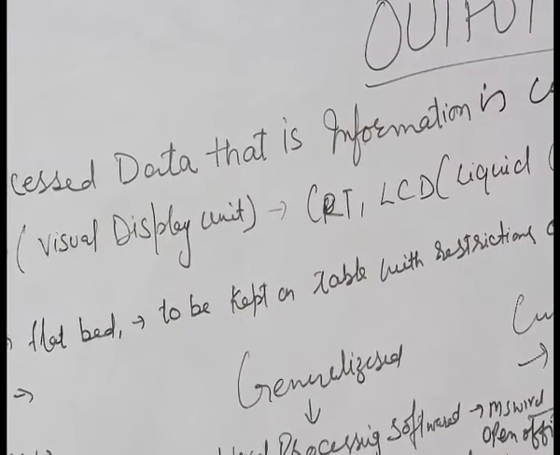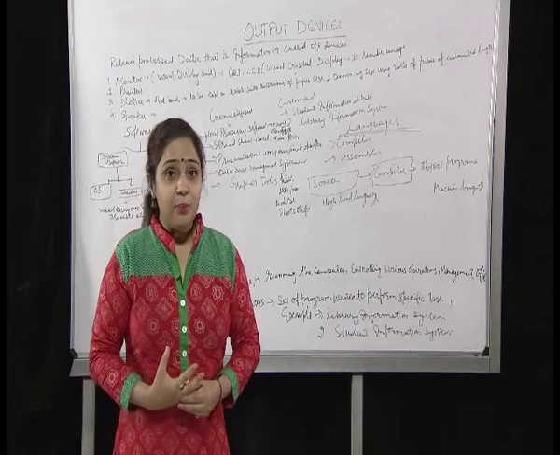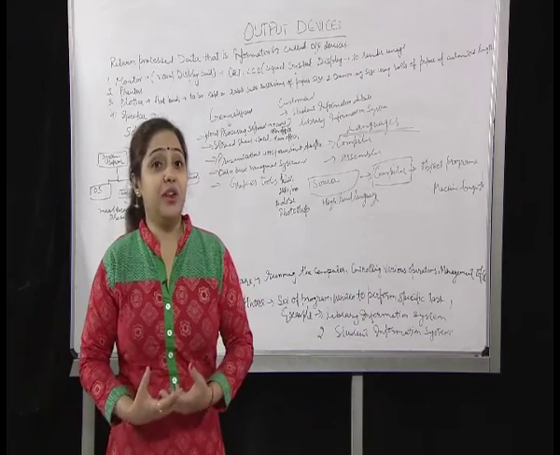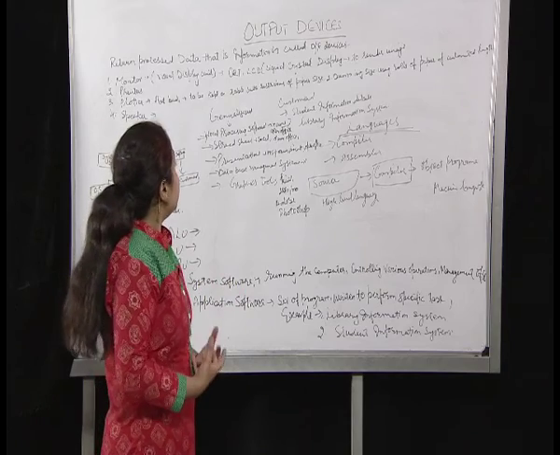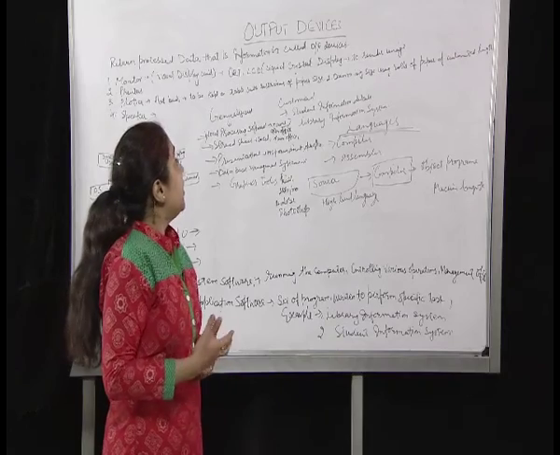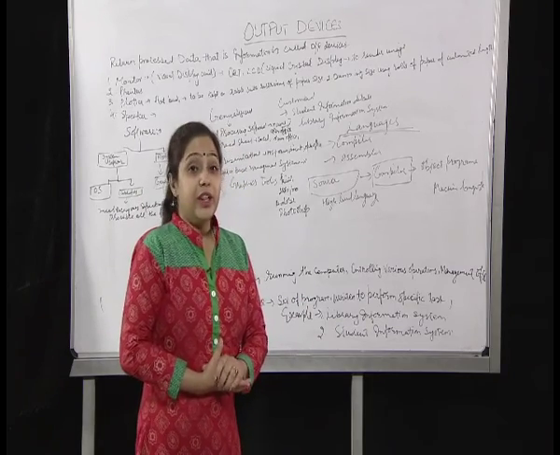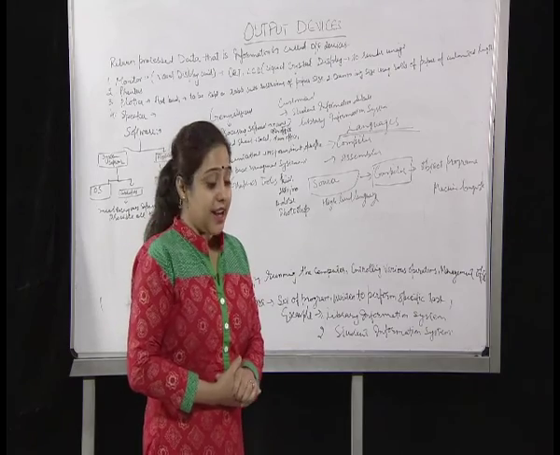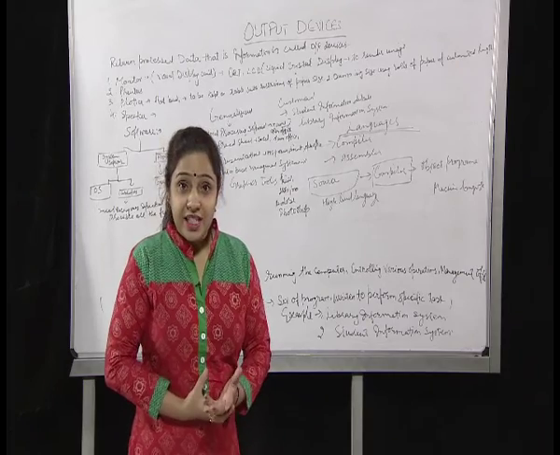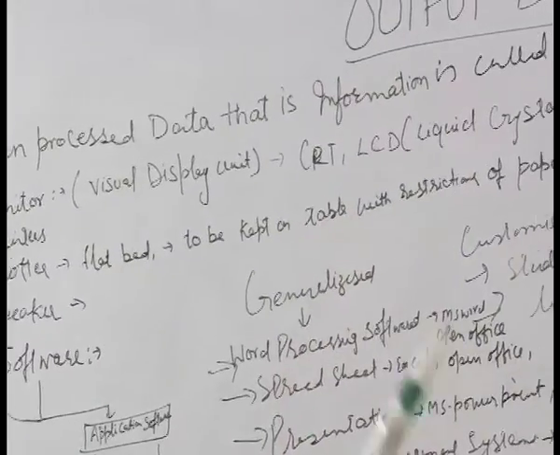The second one is the LCD, the liquid crystal display. A liquid crystal display is a flat panel monitor, which is nowadays very popular in our organizations, our centers, everywhere. What do they particularly do? They render images. The resolution of these LCDs is 600 by 800, their brightness is very high, and they have very good functionalities.